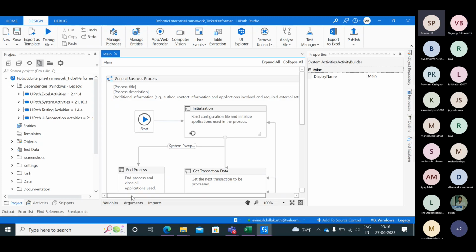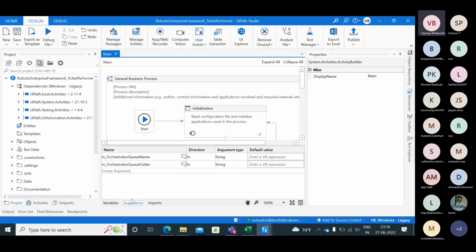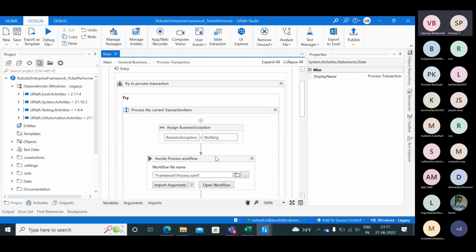In Get Transaction Item, we have to add the queue name, right? We need to add a queue name. But what I will do, I will not even add a queue name. I will give it from Orchestrator. So all I will do is I will go into the process name,